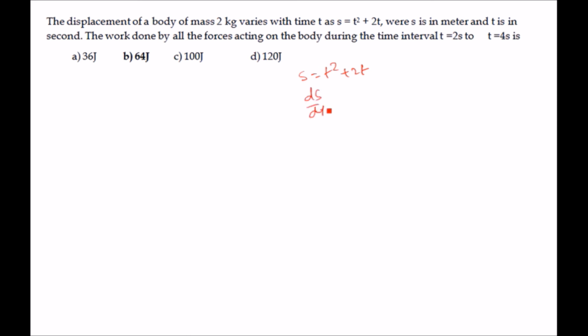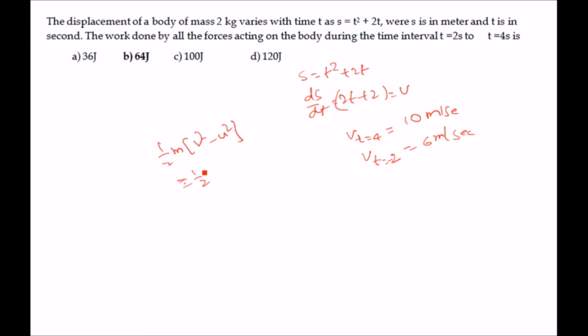So ds by dt is equal to 2t plus 2, and this is equal to velocity. So velocity at t is equal to 4, that is at time t is equal to 4 seconds, we get equal to 10 meter per second, and velocity at t is equal to 2 will be equal to 6 meter per second. So the change in kinetic energy will be equal to half m (v square minus u square),